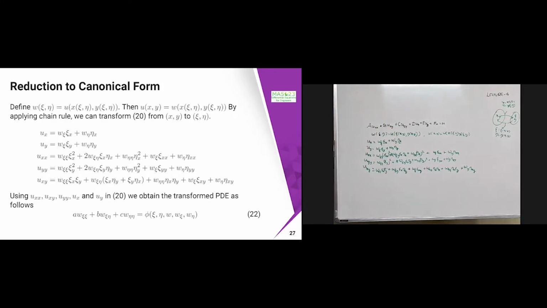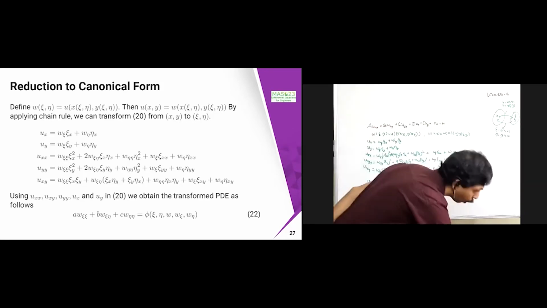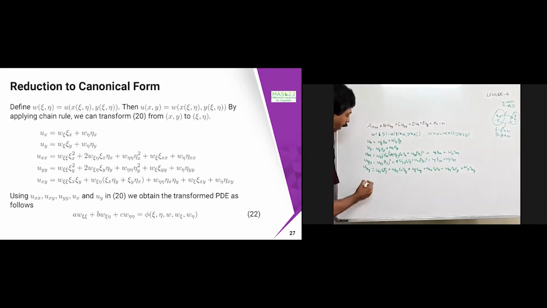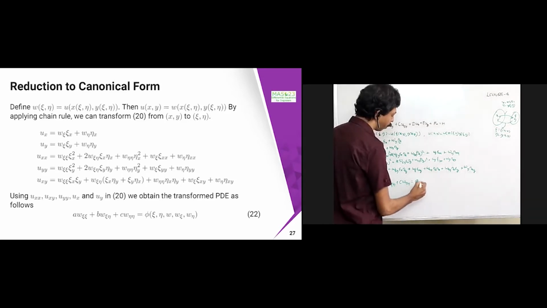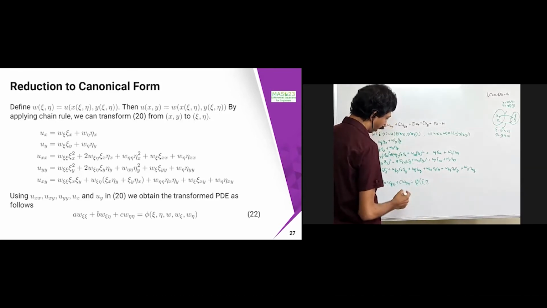So in this case, once again you can see that if I substitute whatever values are over here, then you are going to get an equation of this kind: a u chi, or a w chi I can put it, because I have transformed to w. So a w chi plus b w chi eta plus c w eta equal to, you are going to get pi of chi comma eta comma pi of eta comma chi comma eta comma